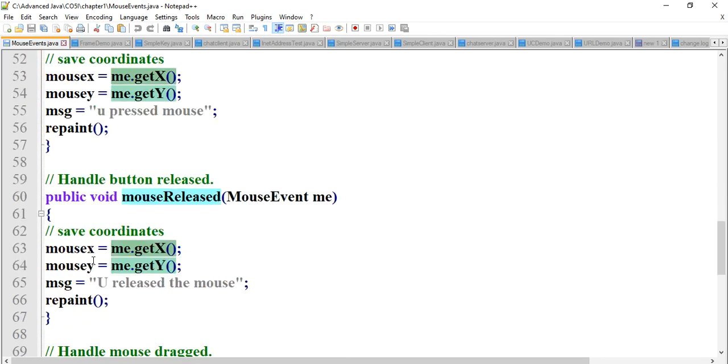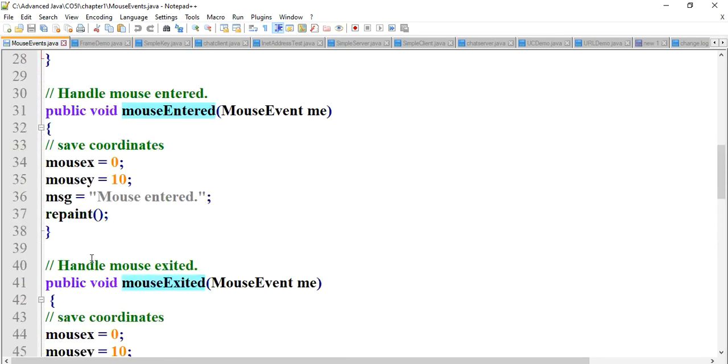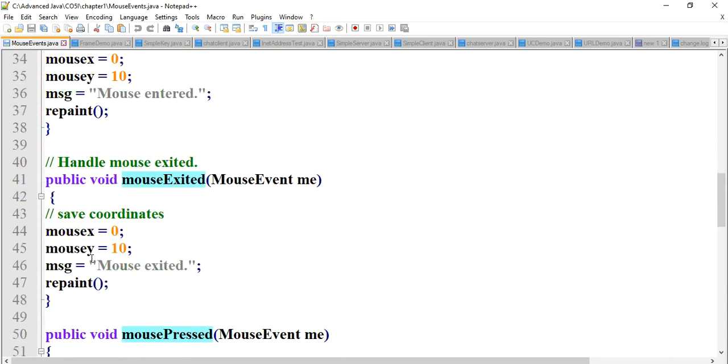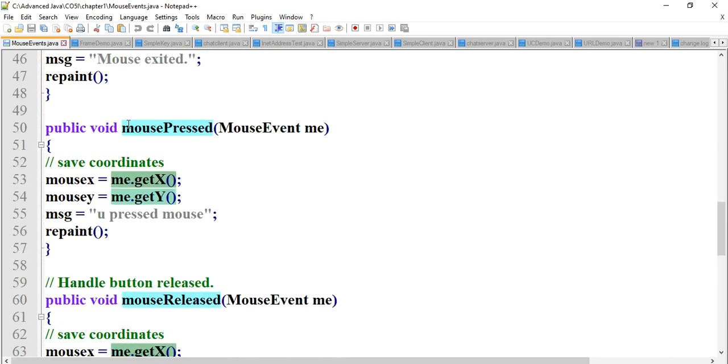But for mouse pressed, we need the current location in the window. Wherever you are clicking, that current position is taken by these two methods, me.getX and me.getY. These methods getX and getY save your current X coordinate and Y coordinate, and at that point the message you pressed mouse will be displayed.